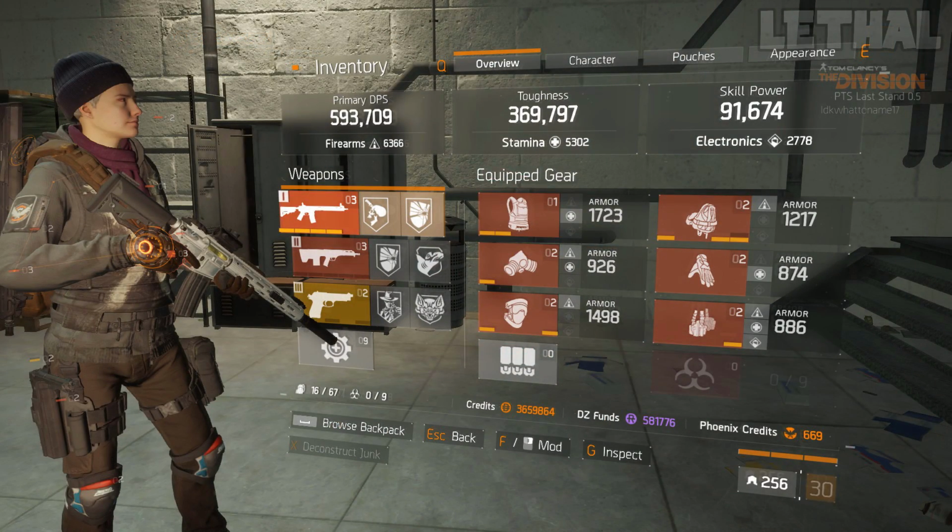As you guys can see, I am rocking with 6,366 firearms. I did go with a lot of firearms because in my opinion, in 1.6, you really don't need that much stamina. You are still required to have a lot of health, but since you can roll a lot of health on your gear and have a lot of health mods, you don't really require a lot of stamina. I don't know, it might change sooner or later, but for now, I just went with a lot of firearms. I am also rocking with 5,300 stamina and